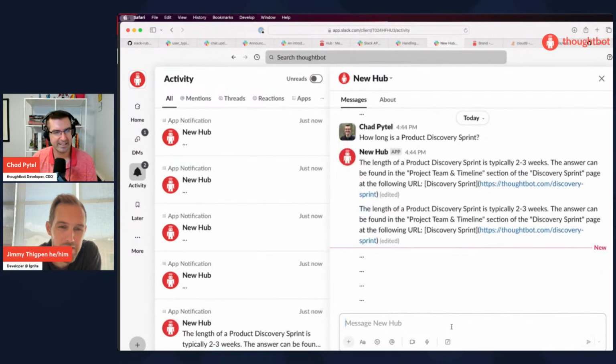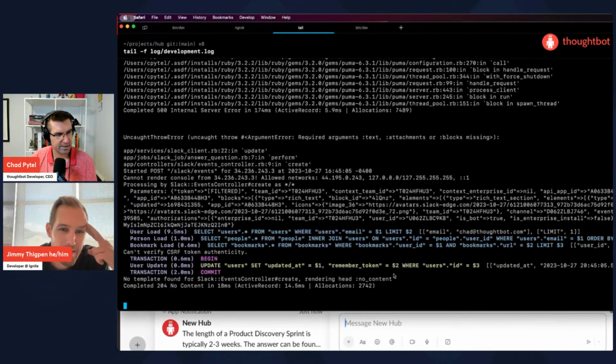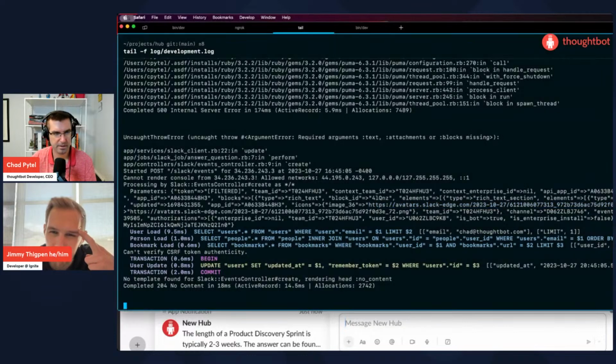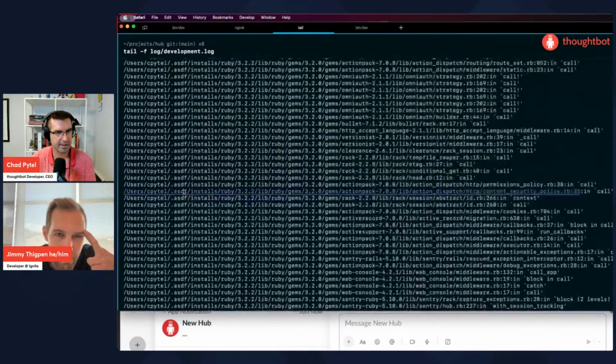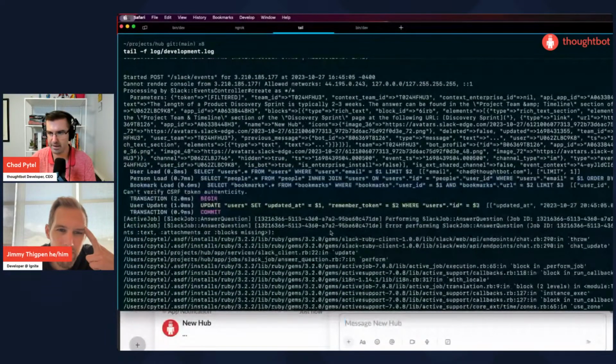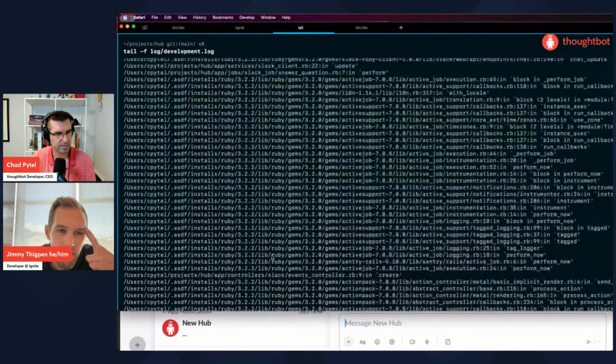I think it worked, and then it just started. It's really excited about our 3 dots. Okay. See, it's returning head no content again. Oh, the event. I don't see. Oh no, there's app ID. Okay. Oh, you thought that was missing, maybe? Yeah. So we're getting an error. It is throwing an error. Required arguments, attachments. Oh, is that from before?